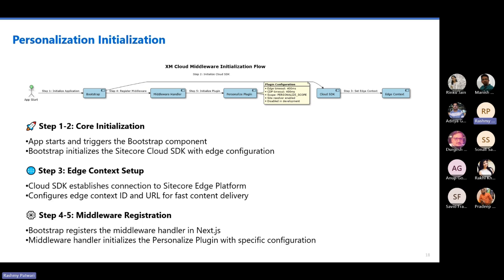We had to override the middleware plugin for Personalize to pass in those query parameters in real time. So that's where the middleware side of things comes in. If you need any optimization, like we had in our use case, you would be doing that in the middleware.